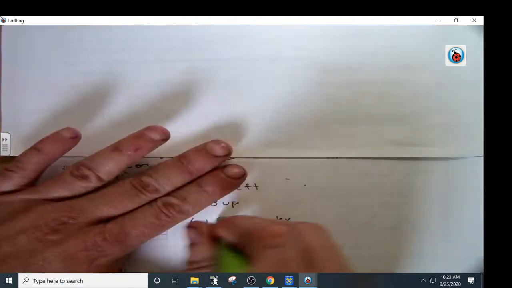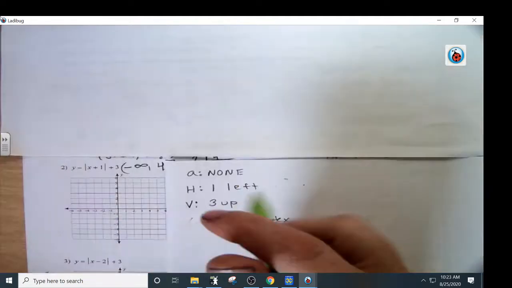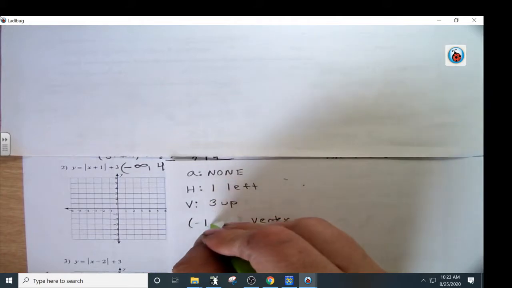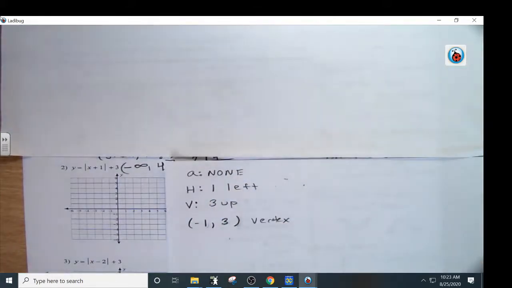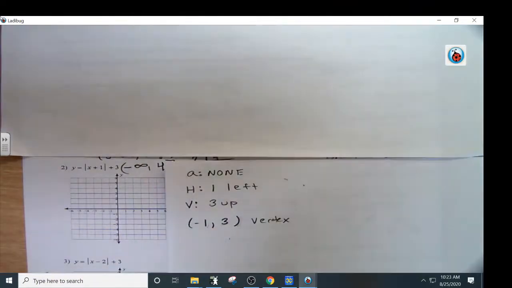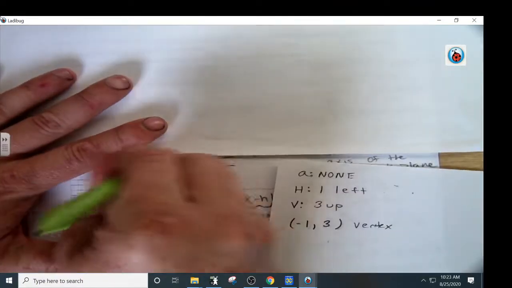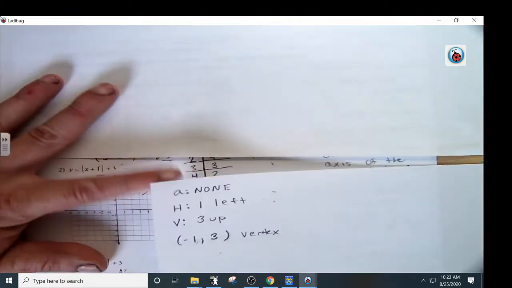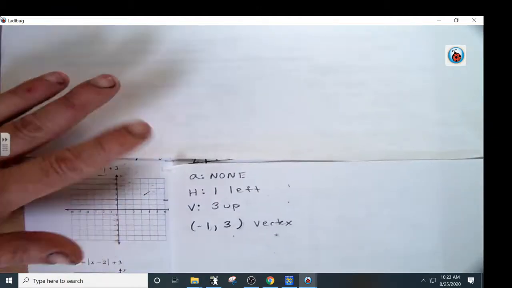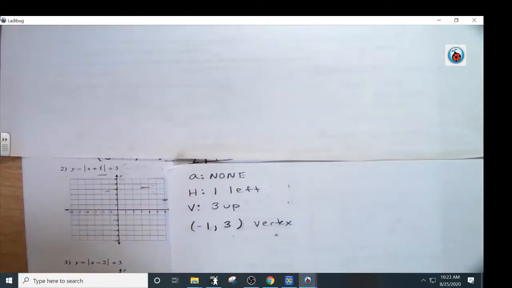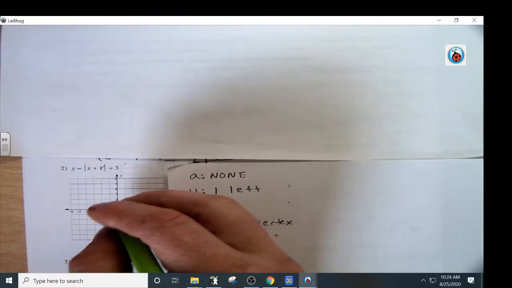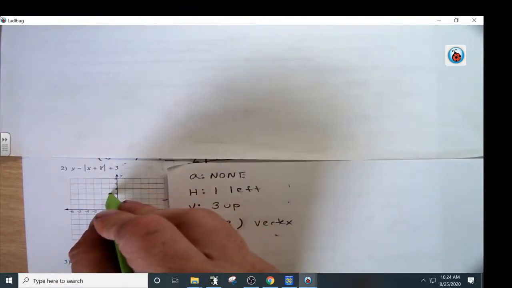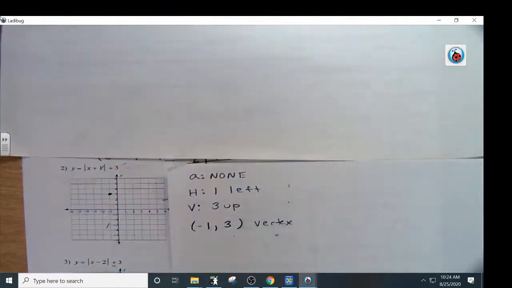Let me fix that up a little bit. All right, so negative 1, 3 was my vertex. So we know my vertex is negative 1, positive 3. And we know it's going to open up because it's a positive 1. Okay. So now,